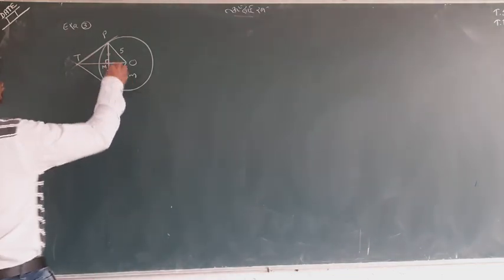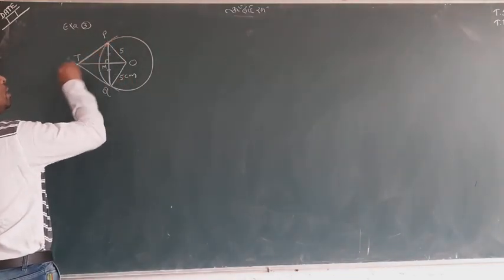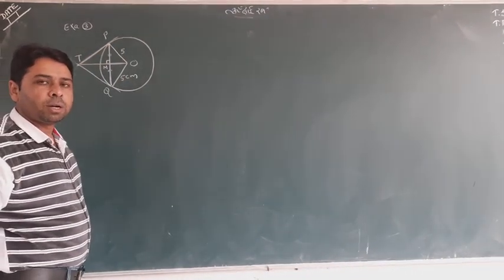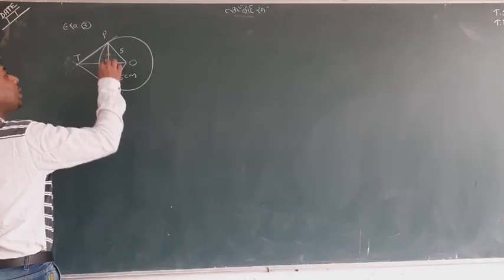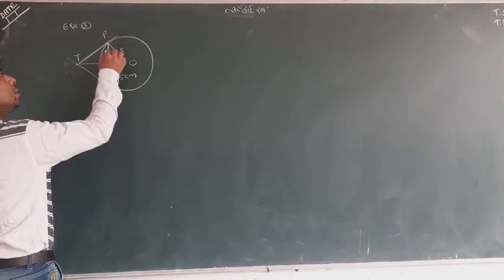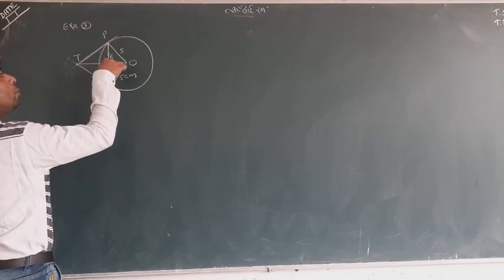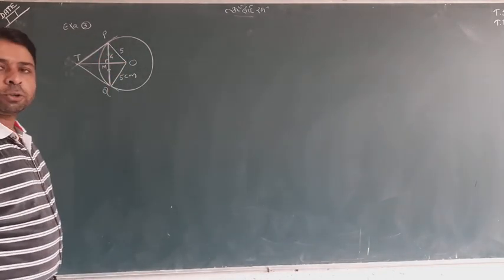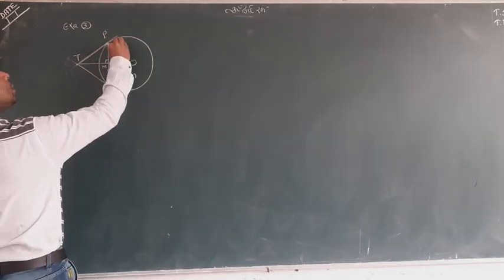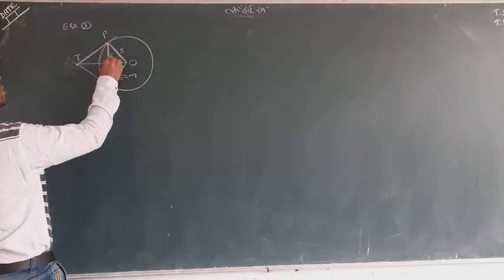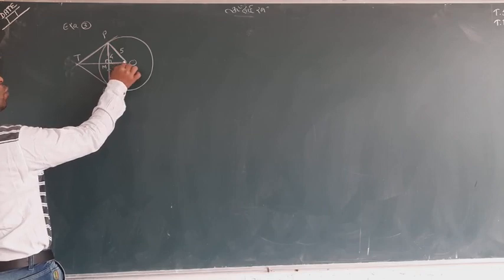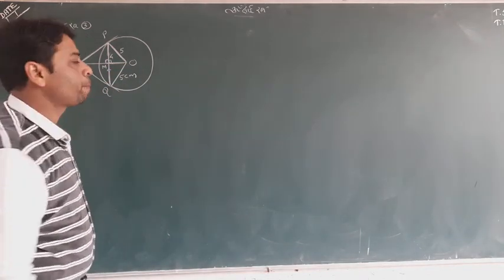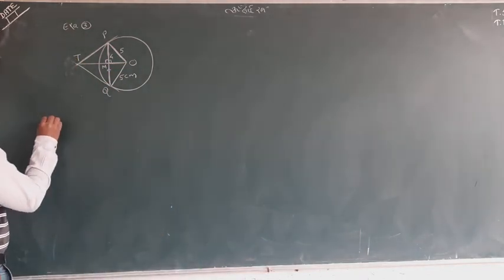Now, how can we find the distance TP? So I tell you first, PQ is 8, so this distance is going to be 4 and this distance is going to be 4. One should know that if this is 5, this is 4, and this is 90 degrees, one can find OM by Pythagoras theorem. Okay, so I start here.